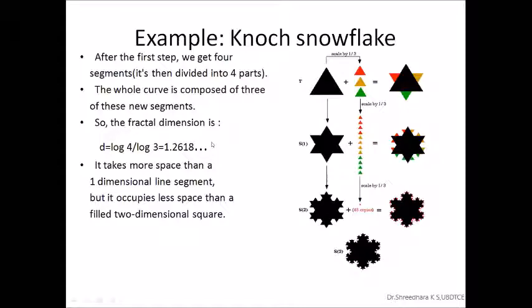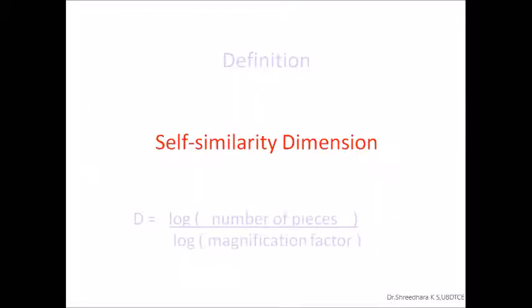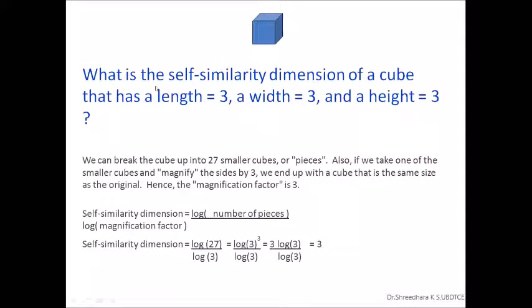So with this starting introduction, you can find such type of picture. This concept is given by the Koch curve. The person who is behind this is Koch. Under his name, it is defined. So now we can define the self-similarity dimension D is equal to log of number of pieces divided by log of magnification factor. Number of pieces and magnification factor define the dimension. So this concept can be used here.